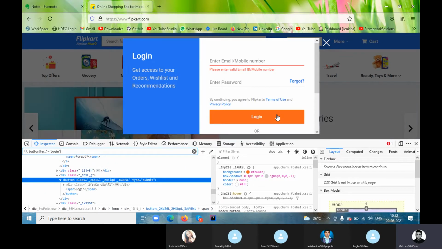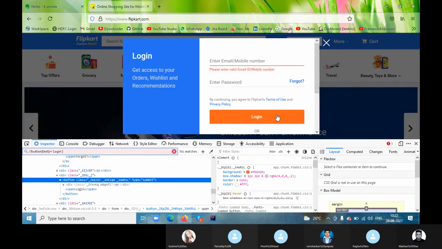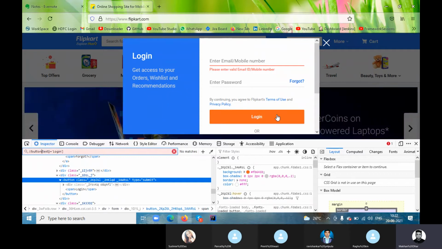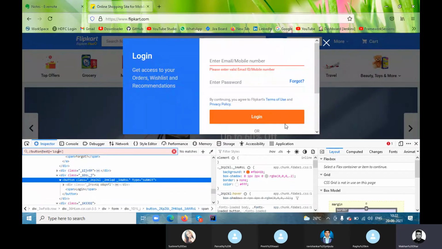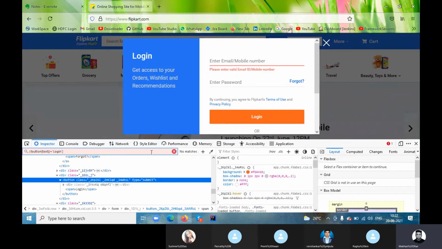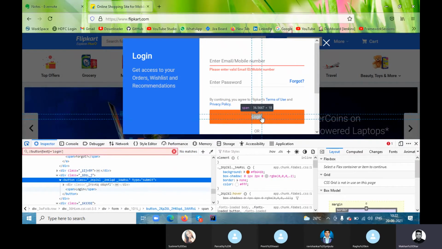Type just login. And so we are not getting it, right? So it is not working. Let me check why it's not working. There are a lot of typos you can make. I will show you in another example, the button one. For the time being, if I need this particular button, what do I have to do?